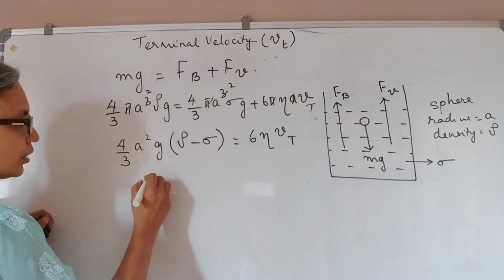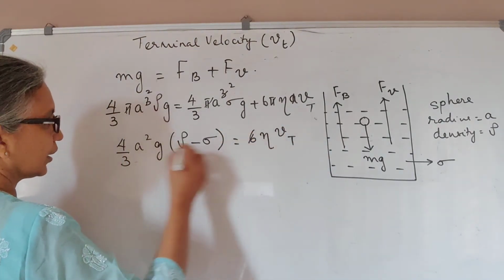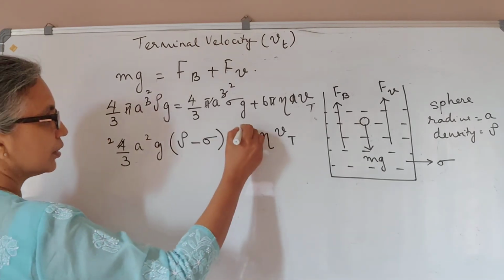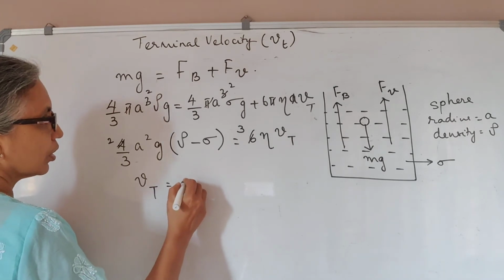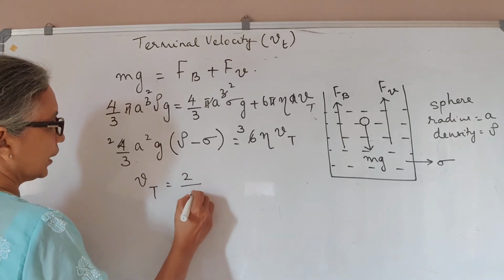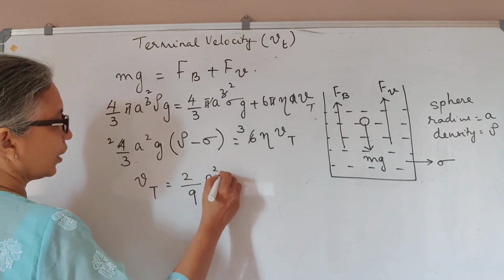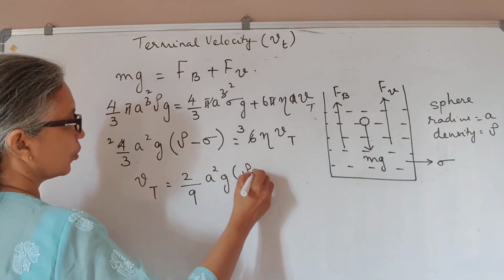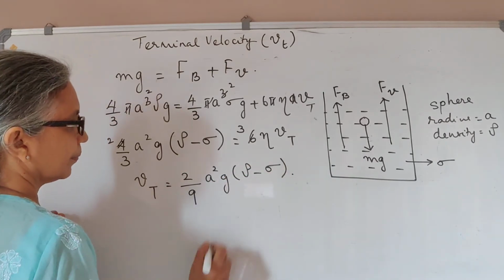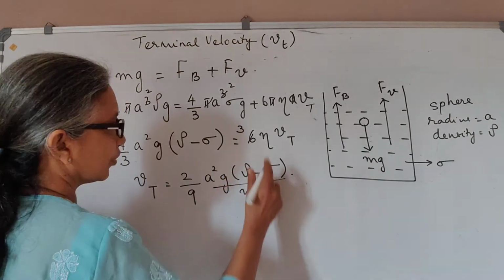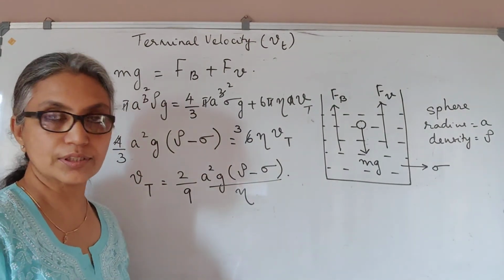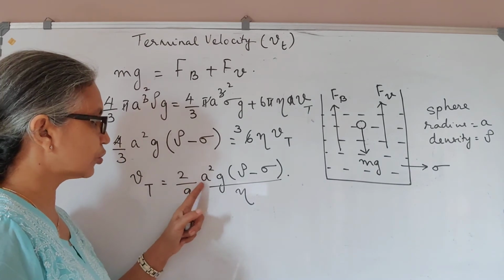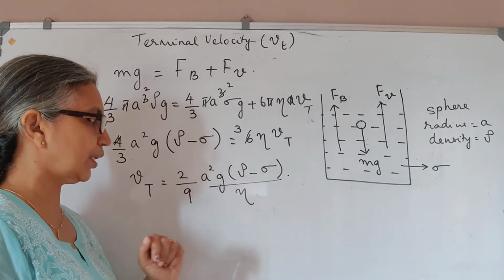So this 6 I'll cancel with here. So this is 2 and this is a 3. So we have the terminal velocity equal to 2 by 9 a squared g into rho minus sigma by eta. So I brought this eta also down. So we have our expression for the terminal velocity, 2 by 9 a squared g into rho minus sigma by eta,